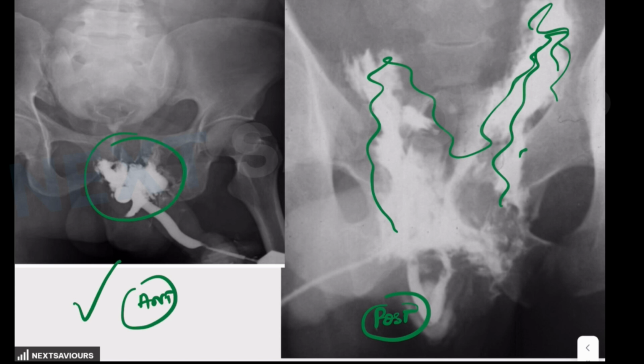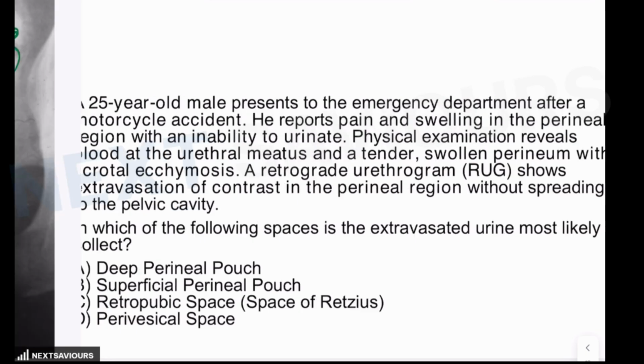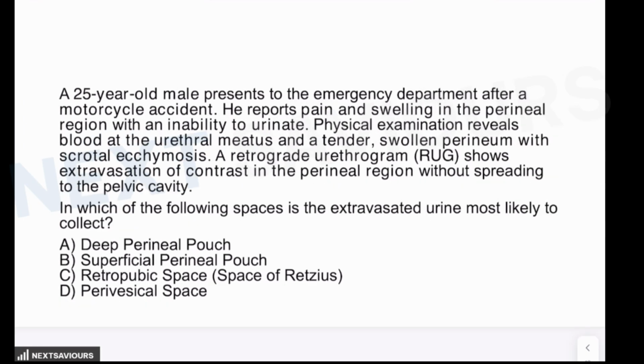The hints for the posterior urethral injury are the high energy trauma to the pelvis. Then another very important finding for the posterior urethral injury is the high riding prostate. On digital rectal examination, the prostate may be displaced upwards, which is a classic sign of posterior injury, and there will be associated pelvic pain and swelling. As we have just talked about, these imaging clues would particularly be provided in a question related to the posterior urethral injury. So let's talk about this question now. Hope it becomes much easier for us to answer.